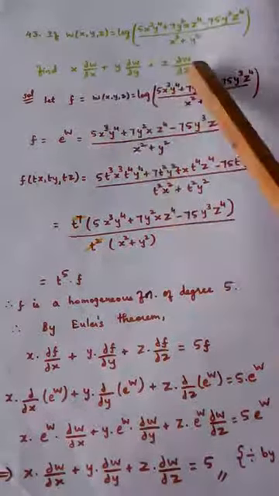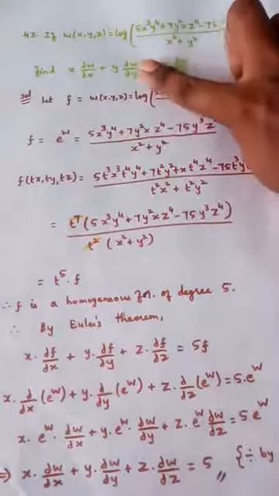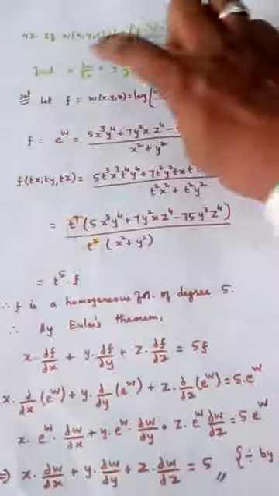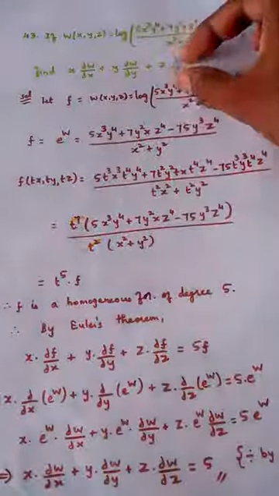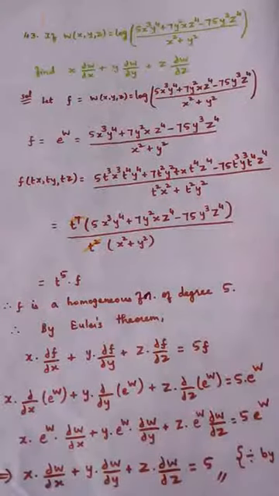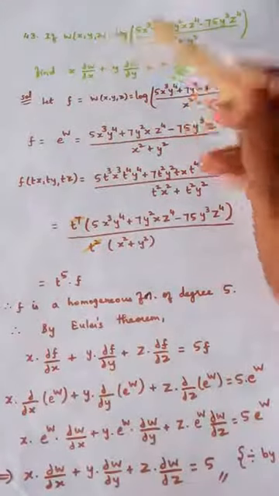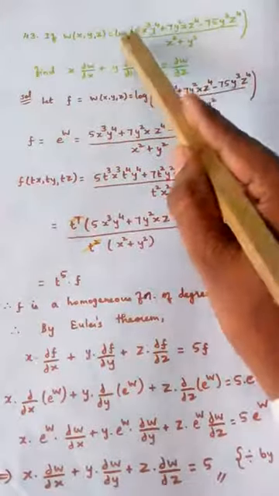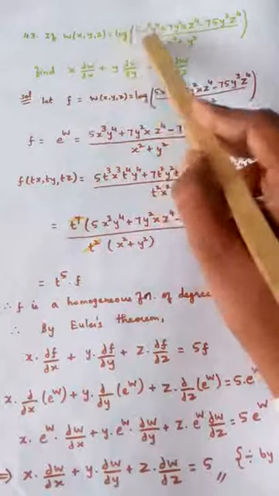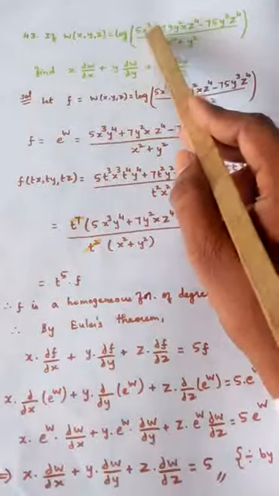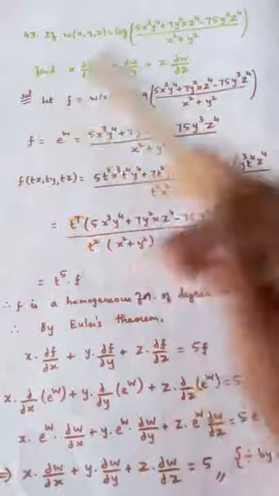Again, if you see, it looks like Euler's theorem for three variables. We know Euler's theorem with only two terms, right? But here three terms, because we have three variables x, y, z. So this also looks like Euler's theorem. Our concept is to replace x by tx, y by ty, z by tz. But if you see the right hand side, a logarithm is present, so we cannot prove it is a homogeneous function. So as we did in the previous sum, we are going to define one symbol called f.